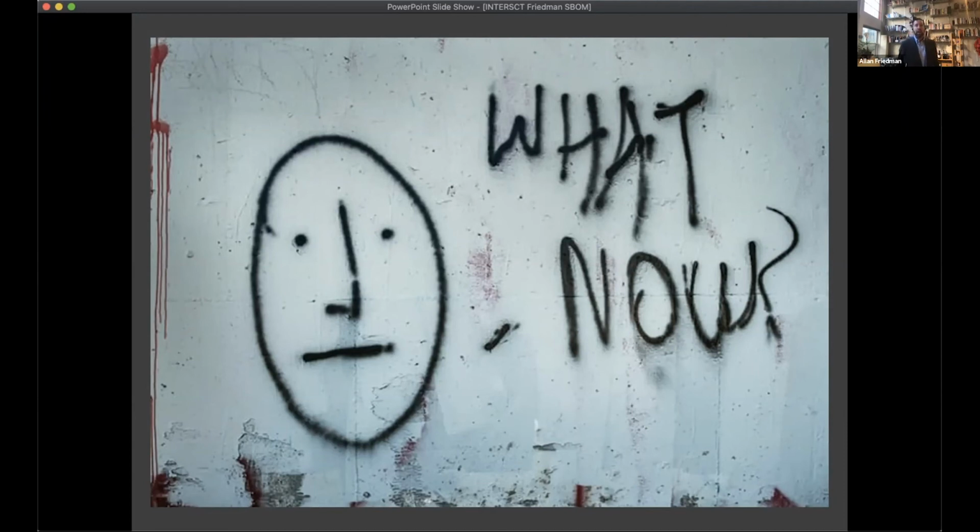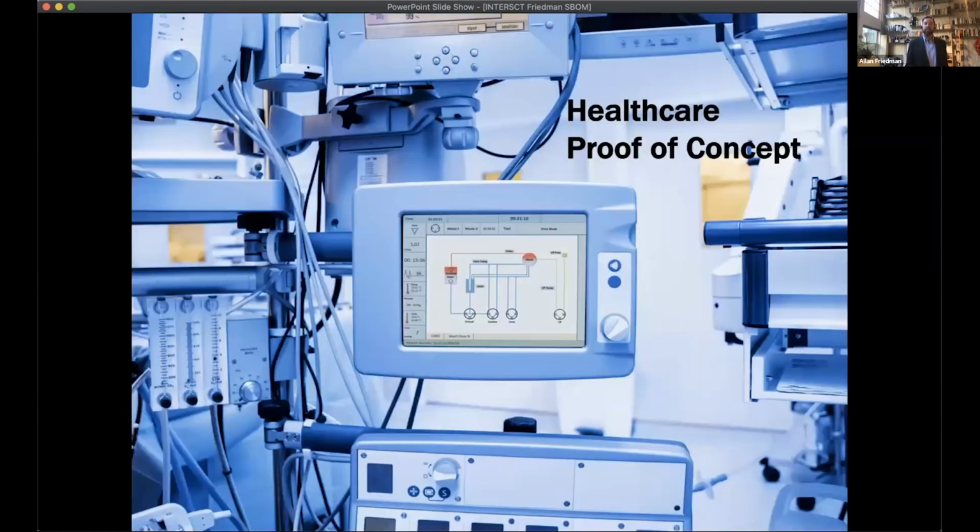So what now? One of the things that we've emphasized as we've gone along is that this isn't just about talking. This isn't just about a paper exercise. You know, to coin a completely original phrase that we made up, rough consensus and running code. It's got to be something valuable.